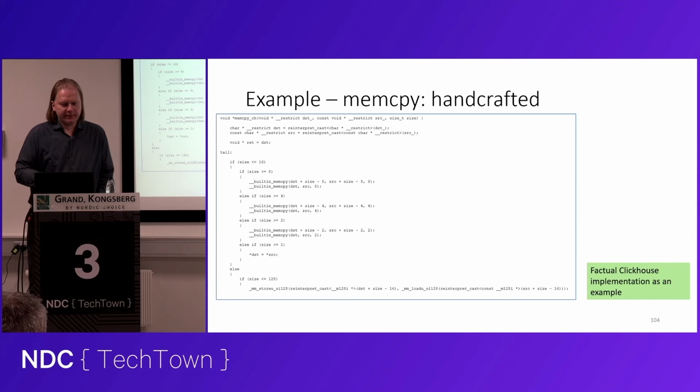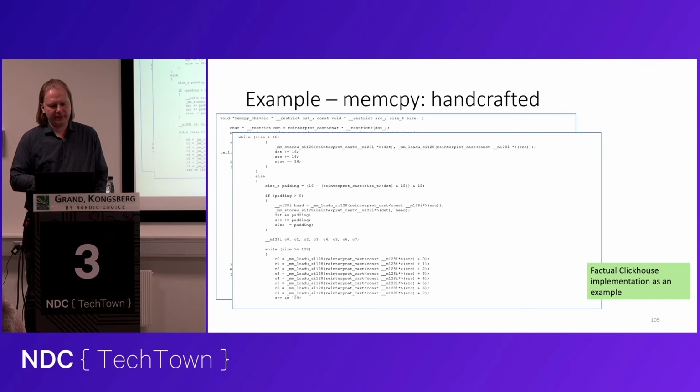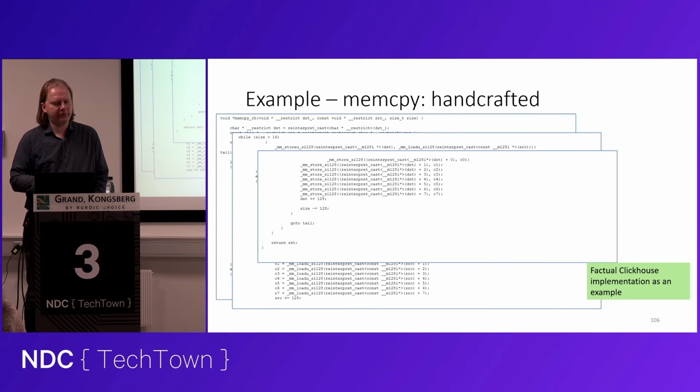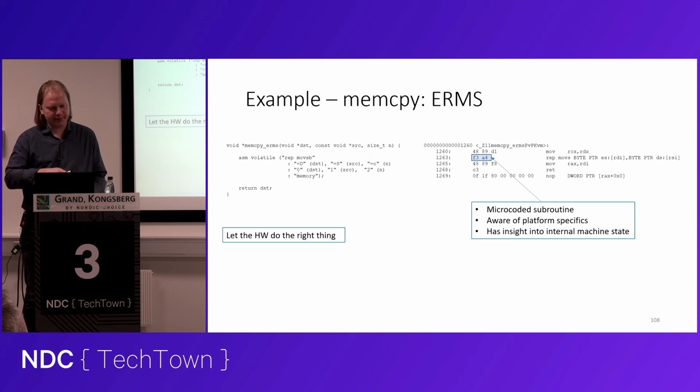Now, we might take a look at, and this is actually a practical example from ClickHouse. They tried to implement their own memcopy their way, and that's not too short of an implementation. Basically, again, vectorization plus some preconditions. It results in something like this. It certainly works. However, the open question is,